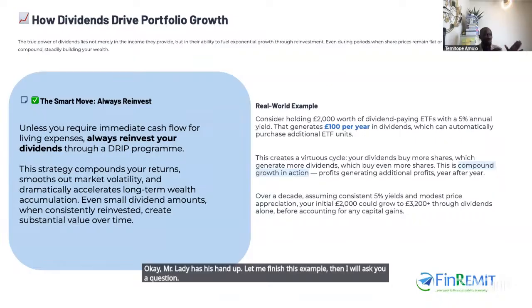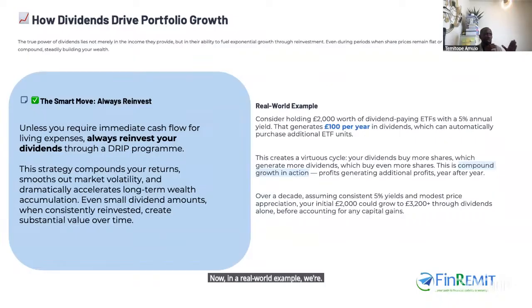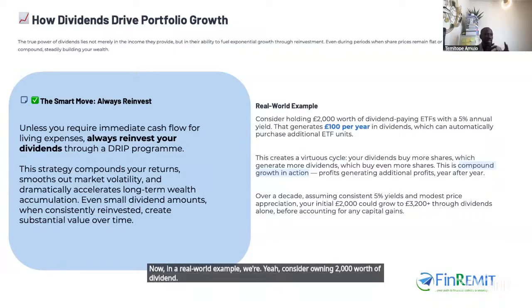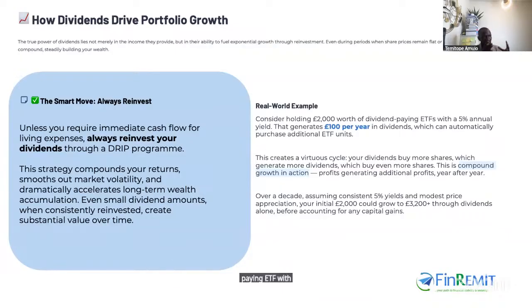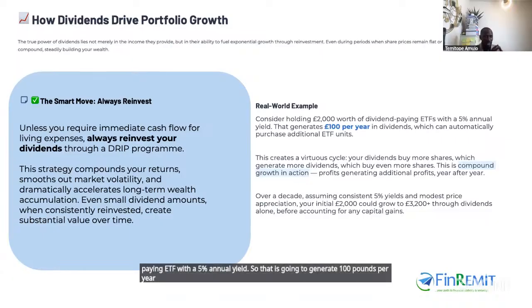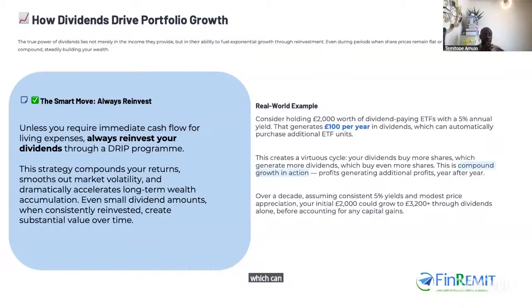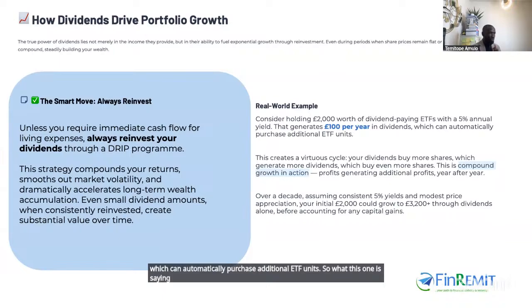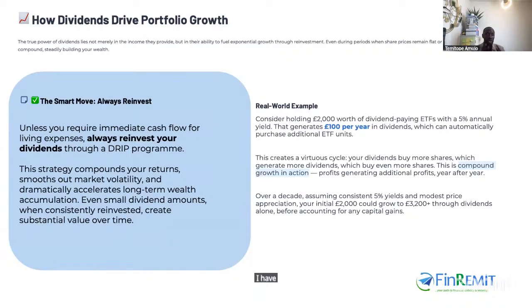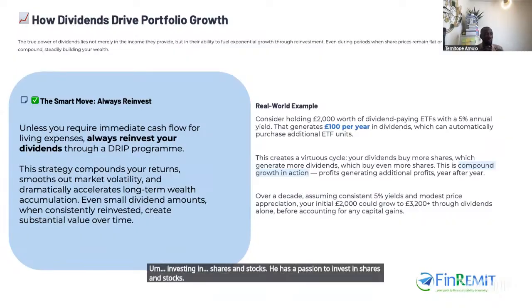Now, in a real world example, consider holding £2,000 worth of a dividend paying ETF with a 5% annual yield. So that is going to generate £100 per year in dividends, which can automatically purchase additional ETF units. So what this one is saying is this. I have a client, and when we're talking about investing in shares and stocks, he has a passion to invest in shares and stocks, and he was thinking of, okay,